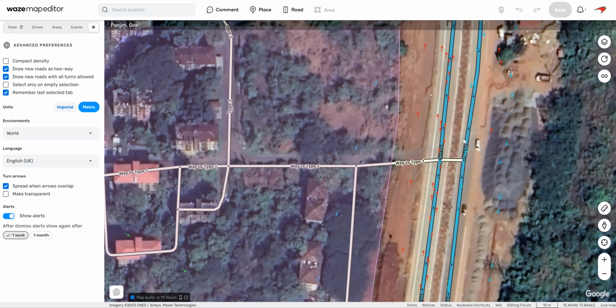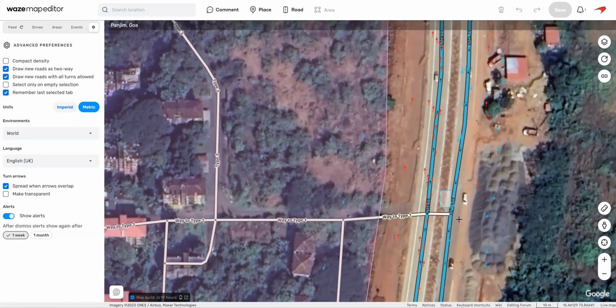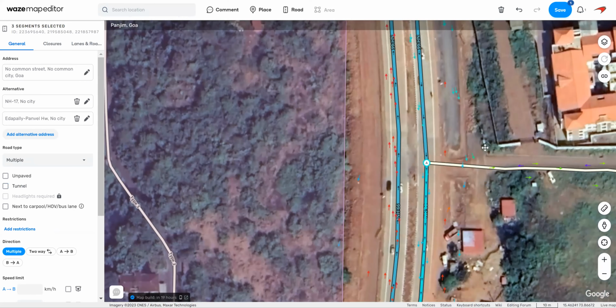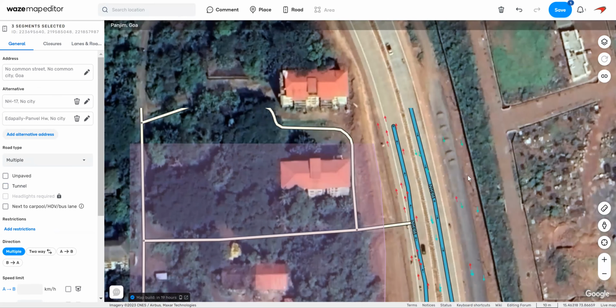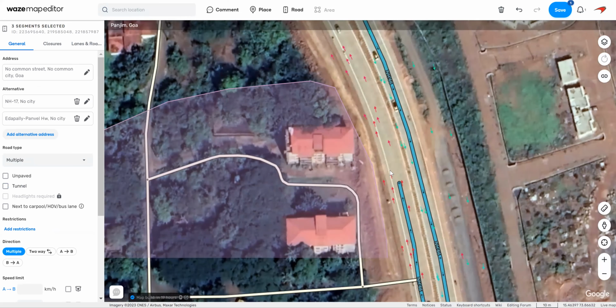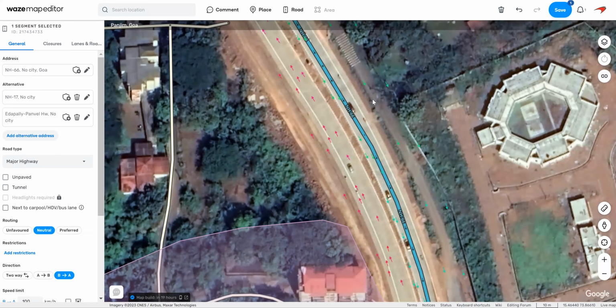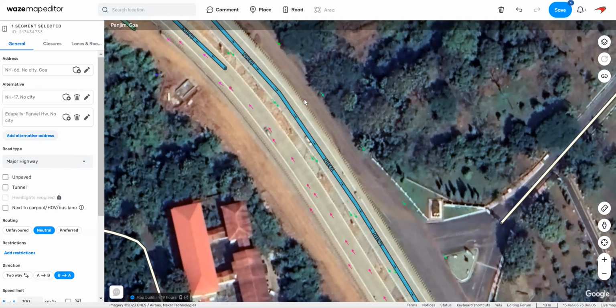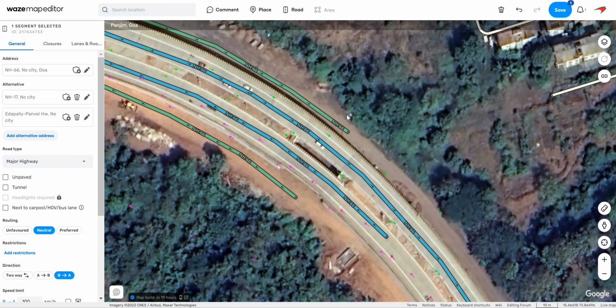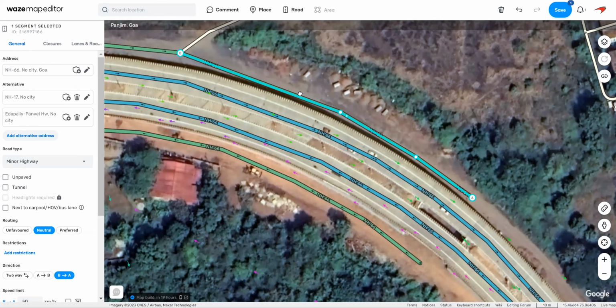So what have I done so far? I have adjusted the currently available roads in such a way that they are visible on the WME. I have a gap here now. I am going to keep this road for now and check that the current roads are all available. Yes, they are. Now, since Street View has just become recently available in India, what I'm going to do there